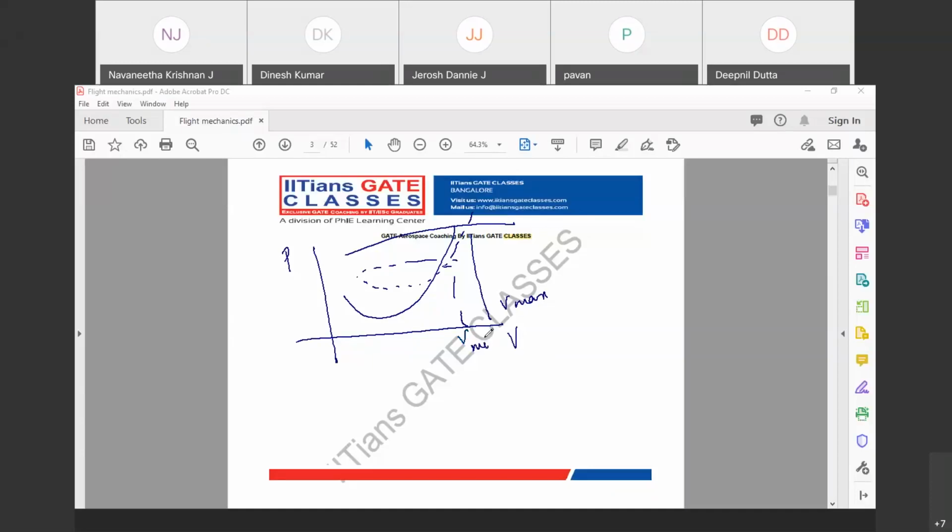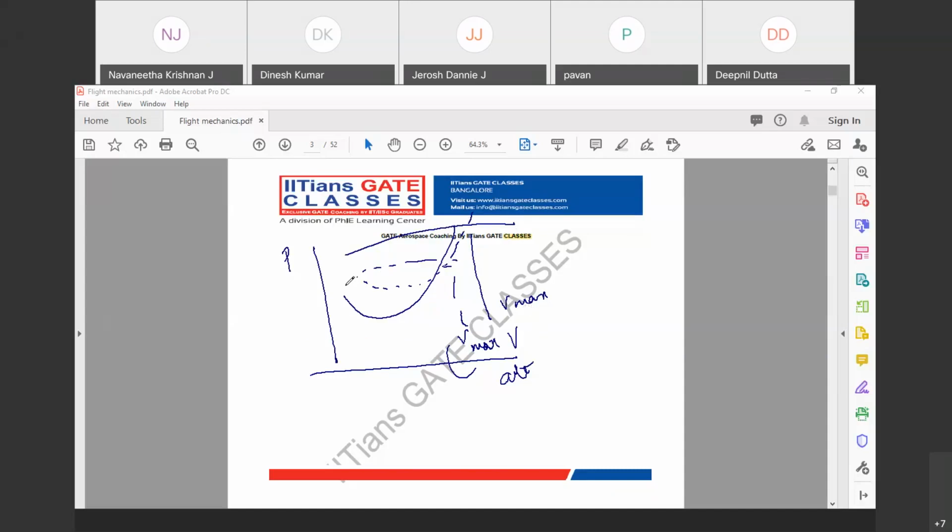Maximum velocity at altitude. So as altitude increases, my maximum velocity decreases. And not only does my maximum velocity decrease, the range of velocity it can operate in also decreases. At sea level, there is no clear-cut minimum velocity, so the only minimum velocity is the stalling speed. But at the higher end, there is an intersection of power available and power required, so there is a maximum velocity.